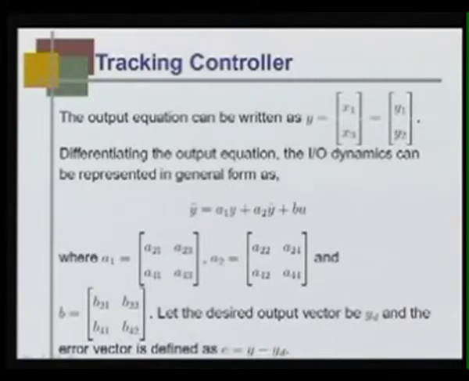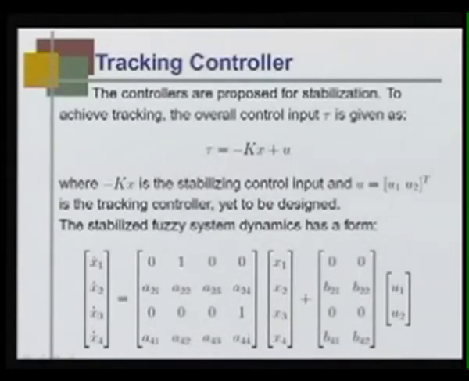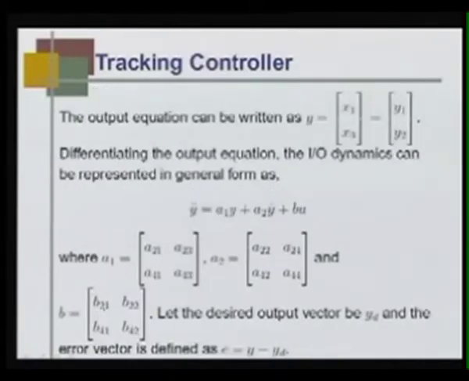And using this equation, y double dot, which is x2 dot and x4 dot. If I assume x1 dot and x3 dot is my y, then x2 dot and x4 dot, because you know that x2 dot is x1 dot and x4 is x3 dot. So, using that principle I can write y double dot is a1y plus a2y dot plus bu, where a1 is